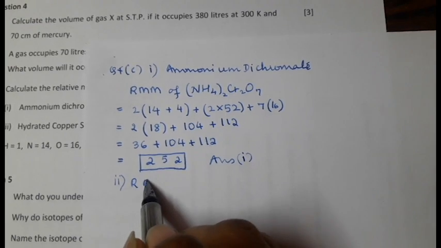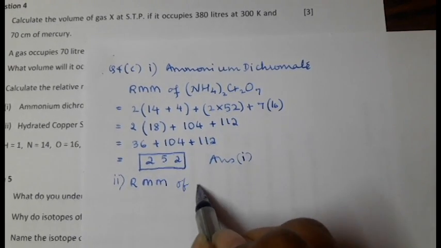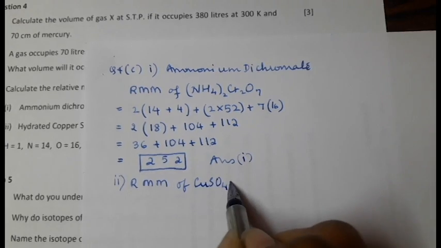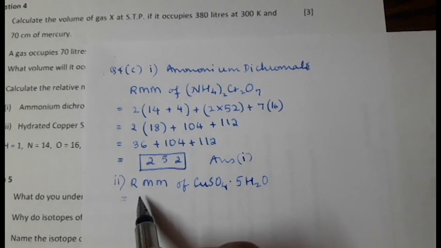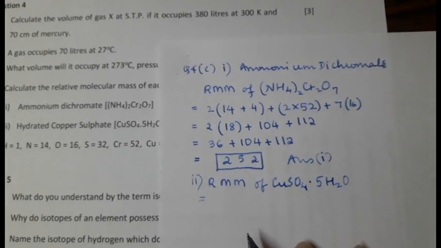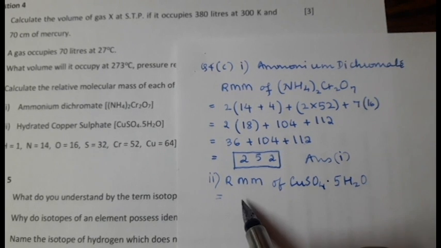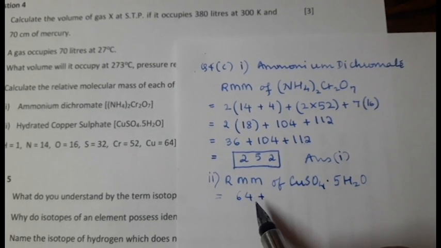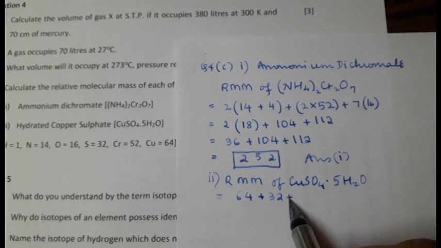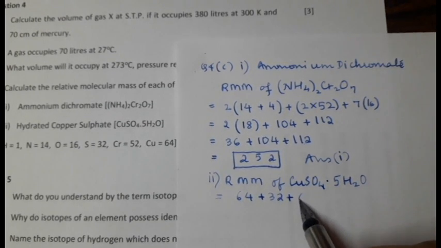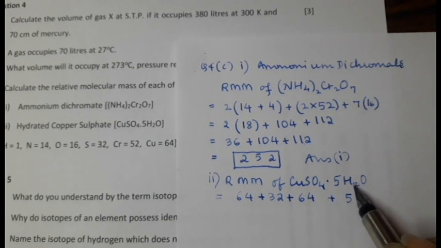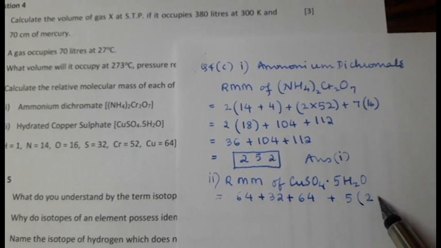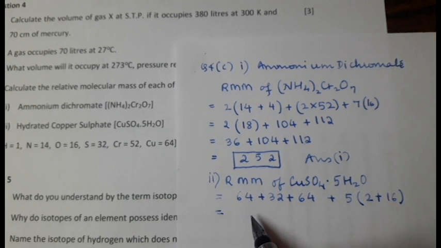Let us write directly RMM of CuSO4.5H2O will give us Cu is 64 plus S 32 plus 4 into 16, that is 64, plus 5 into H is 1, so 2 of H is 2, plus 16. That gives us